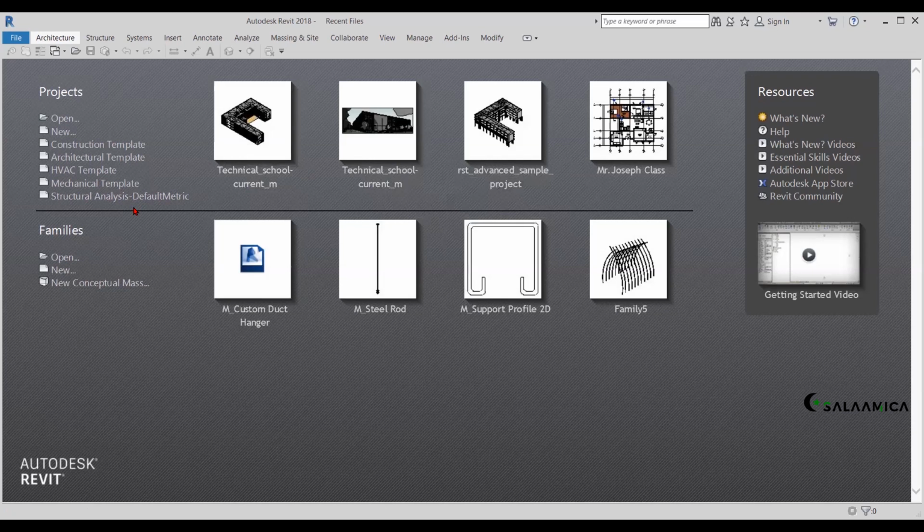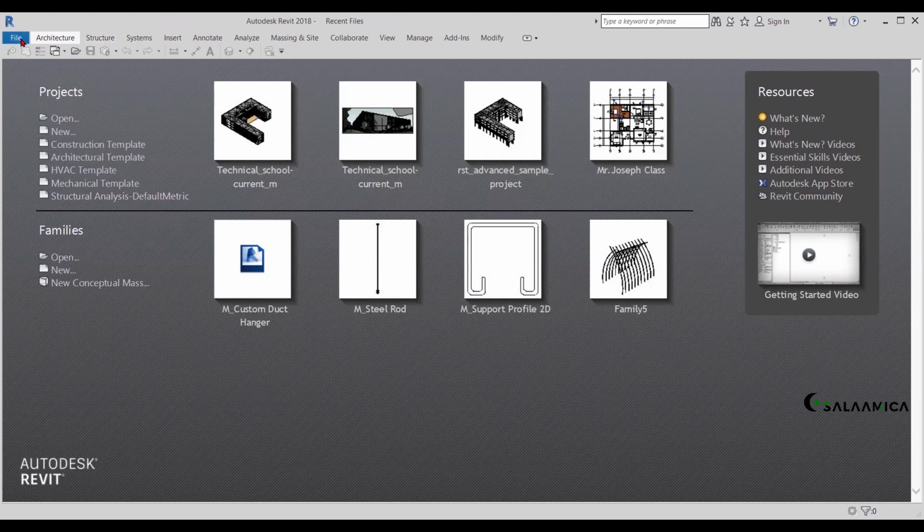Okay, so let me just give you a little background first. Let's see the user interface, which I discussed last time. There was a free session last time. If you watch the video, it's the same thing, but I'm going to do it quickly here. So I'm going to open a sample file. This sample file is already installed in this software.